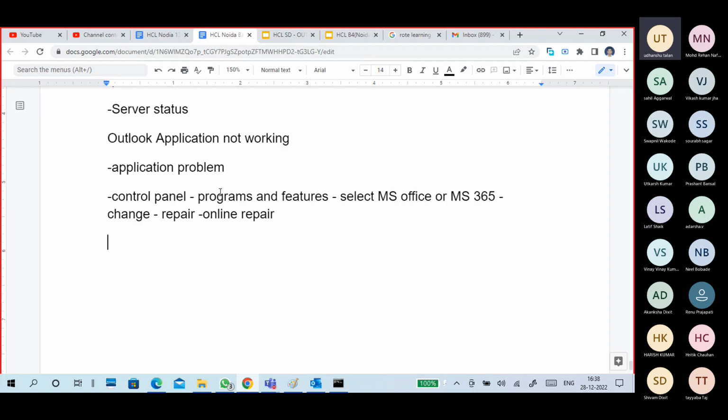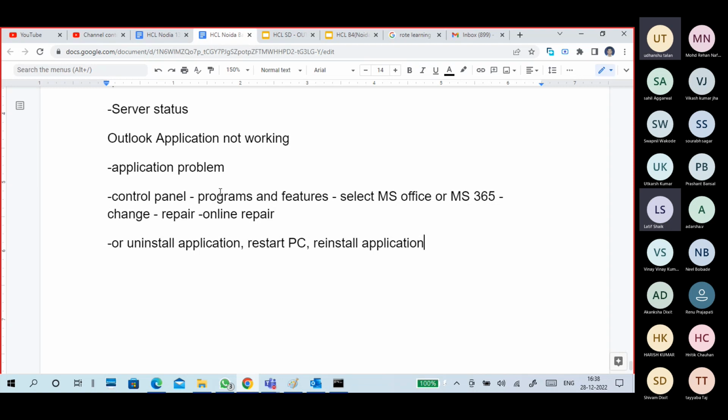Try this one, or uninstall the application, restart the PC, okay, and reinstall the application. Guys, if your application is not working, not only the Outlook application, any application not working properly, listen carefully,